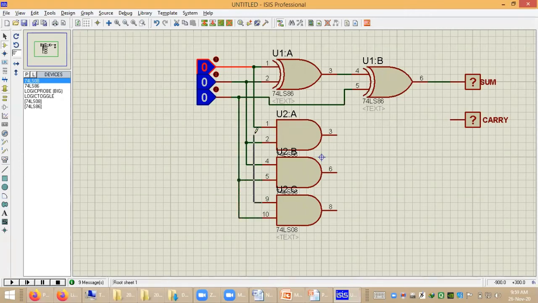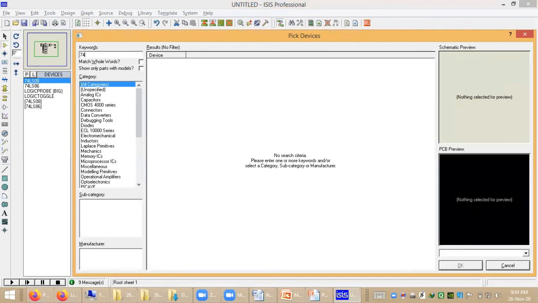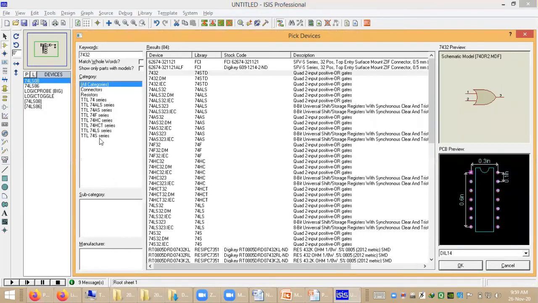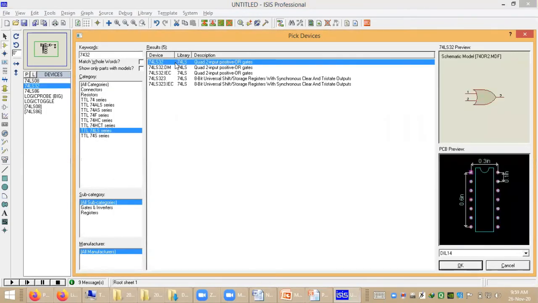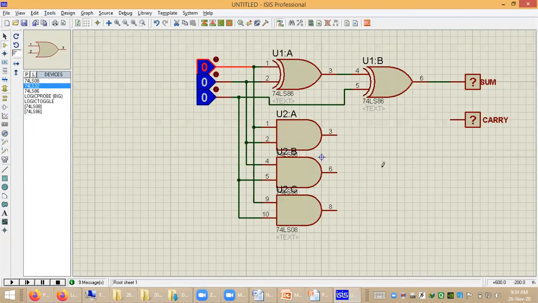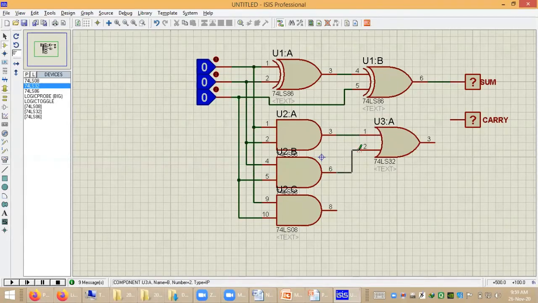C into A. Okay, and the output of these three AND gates should be given to the OR gate. So we require to add 7432, using the LS series. Add it, 7432 should be connected here. First output, second output, and one more OR gate is required here to connect the third output.